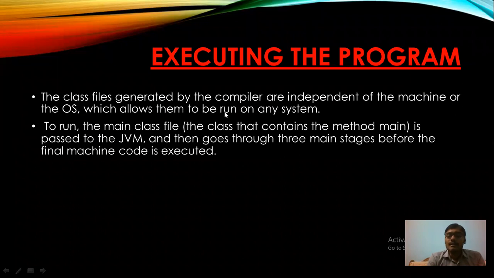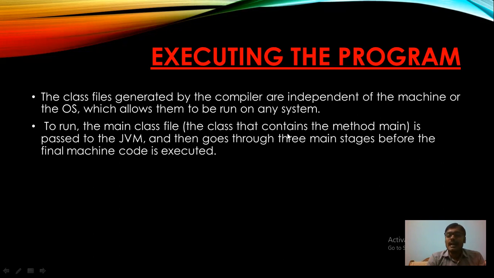The class files which are generated by the compiler are independent of the machine or the operating system. It means they can run anywhere, on any type of operating system. Second point, to run the main class file.